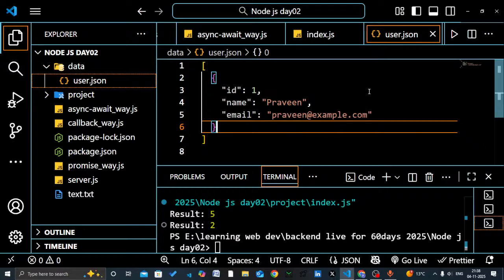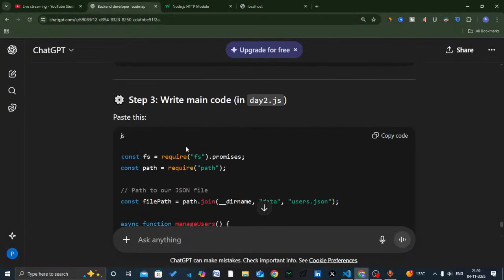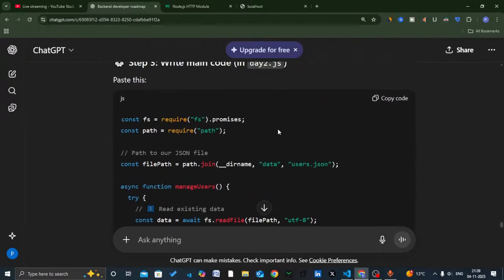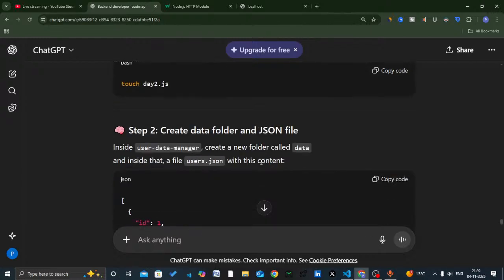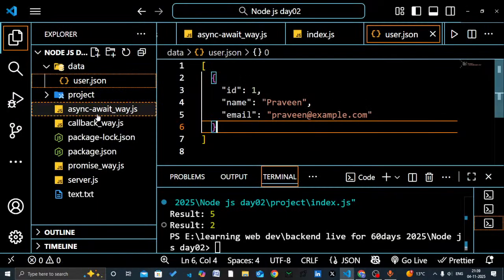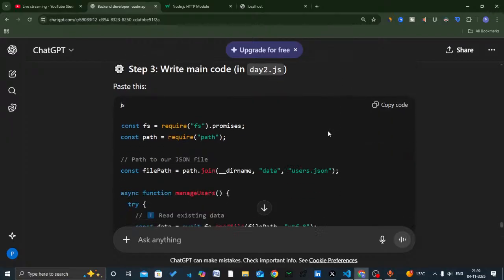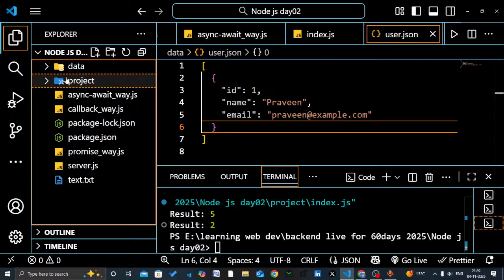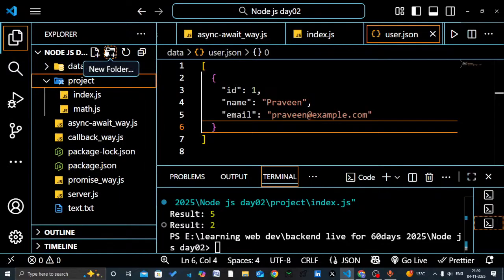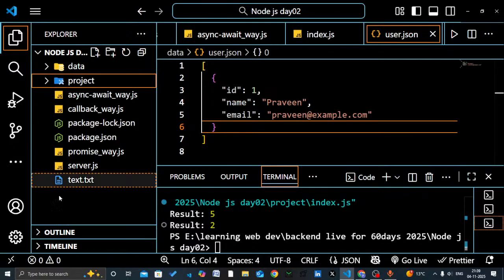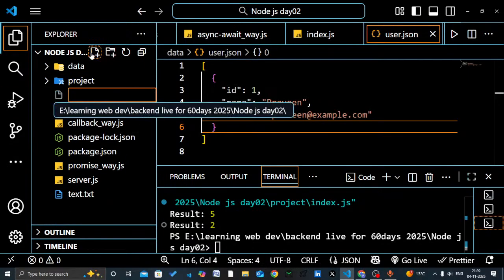So for now, I'm just going to write a main file. For now, we are making a user data manager. Okay, user data manager. This is the second project. We can make a user data manager, or maybe you can just separate this project to